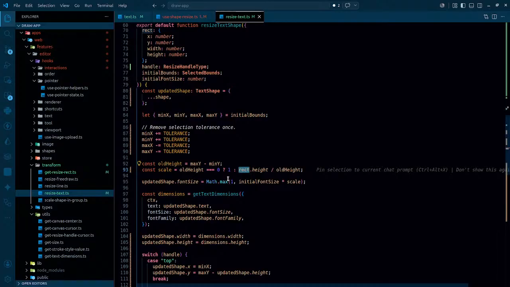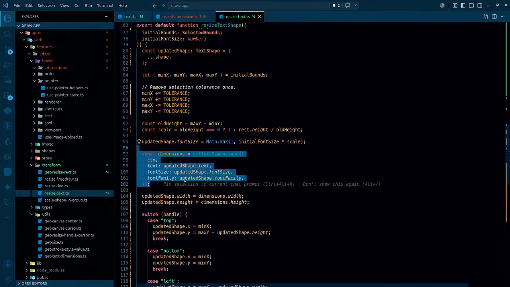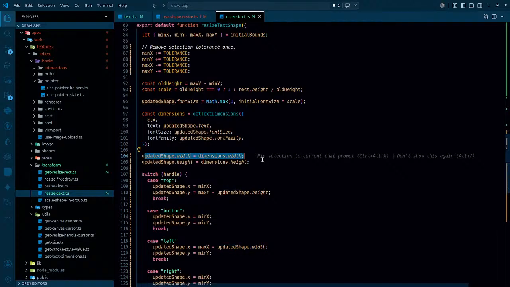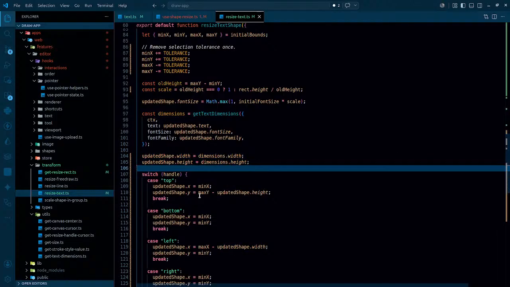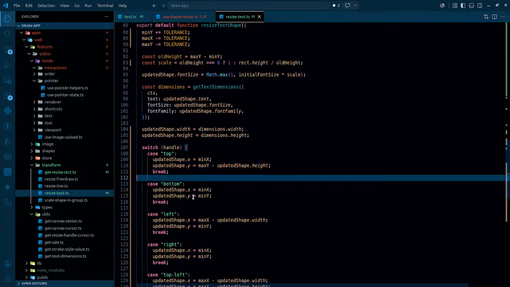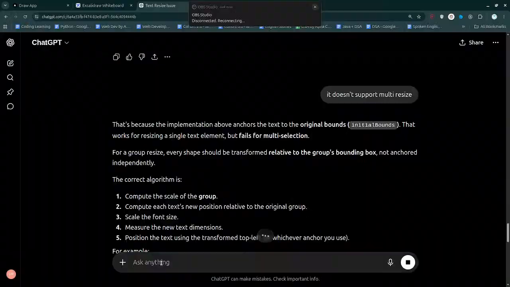Once I get the scale, I'm multiplying the initial font size, and we are getting the dimensions. Once we got the dimensions, updated with in this, now there is a top, so max y. Text